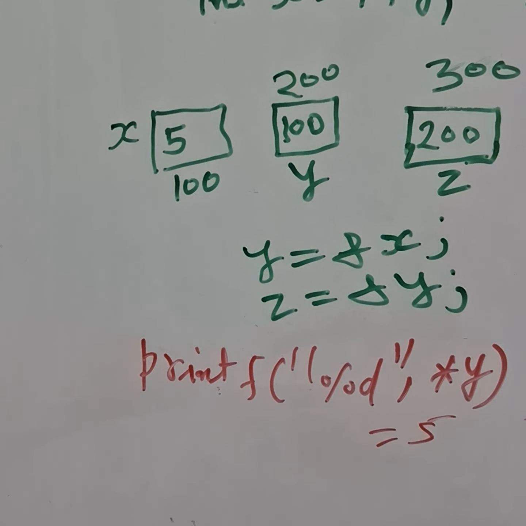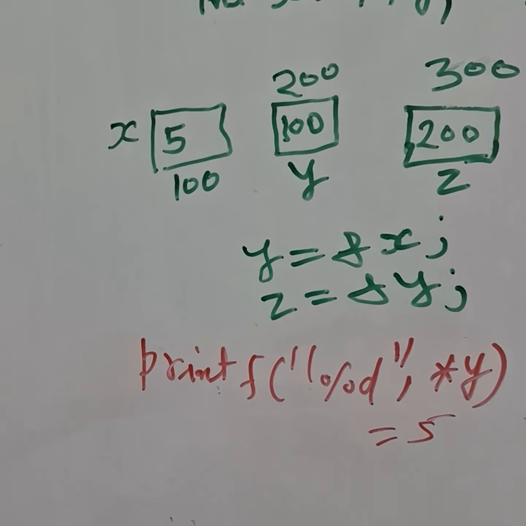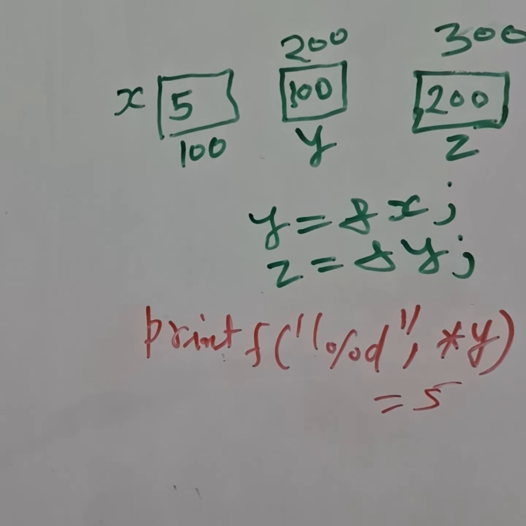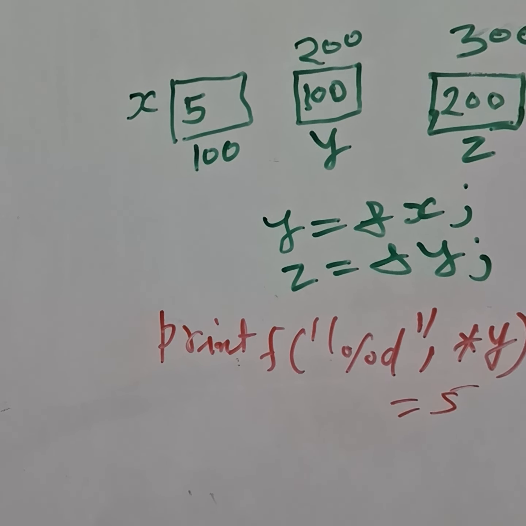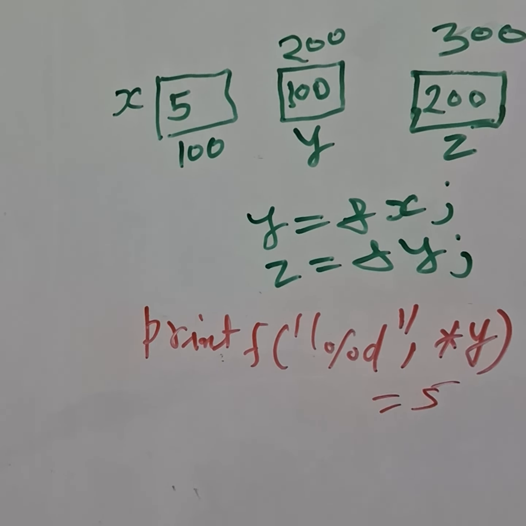Now in the same way, if we are trying to retrieve the value of x using z, because z is also storing the memory location of y, z is a double pointer, so we